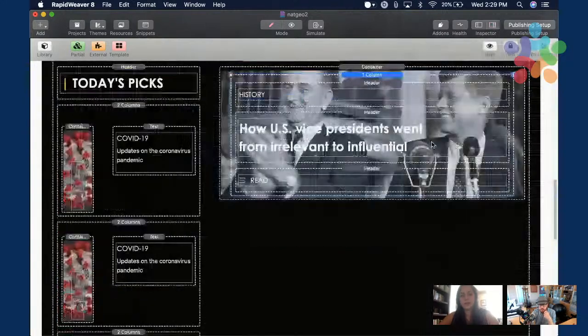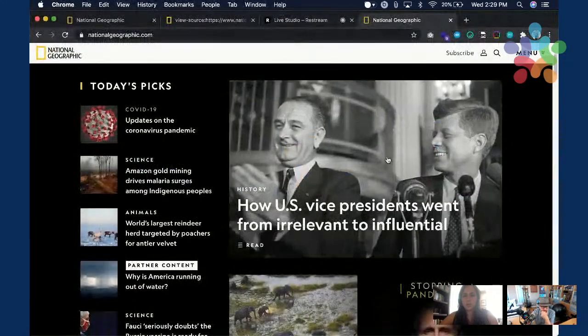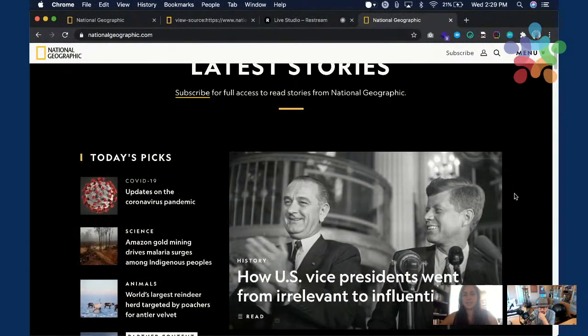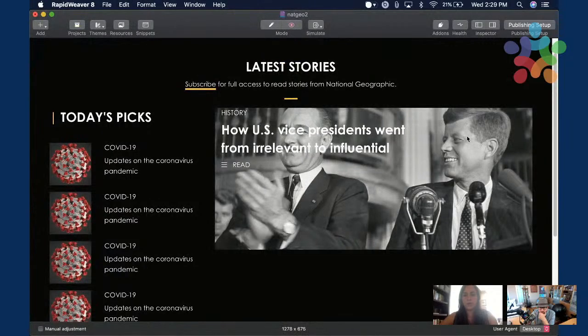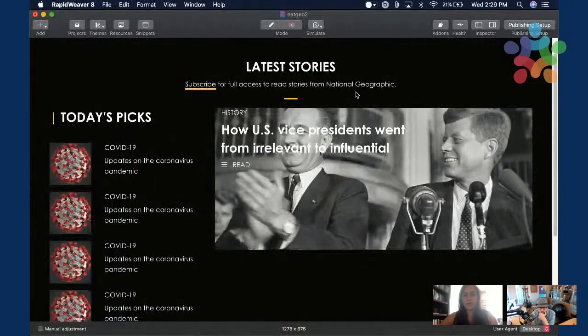That works better in this case, because if you notice, the width of the site is a little bit narrower than my width. So I will change that in the site styles.